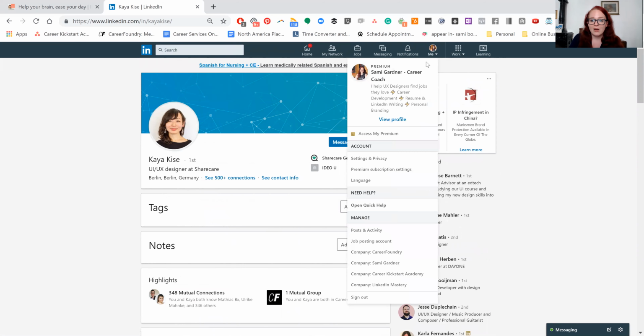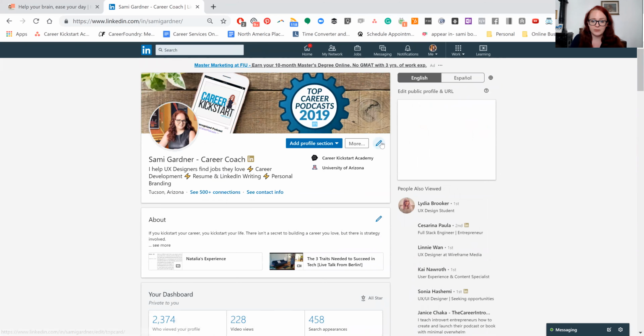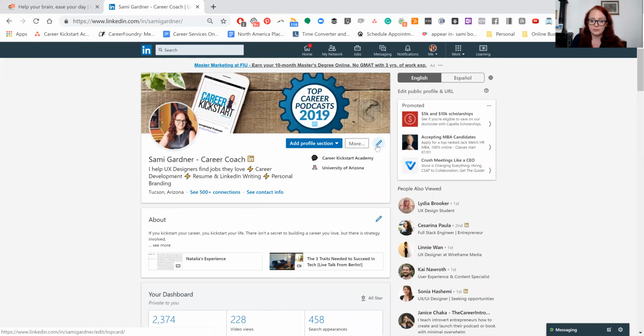So when we go back to mine, I want to emphasize the fact that you can edit things with this button right here that has the pencil. You can have multiple languages for your profile. You can add multimedia. You can do a lot.